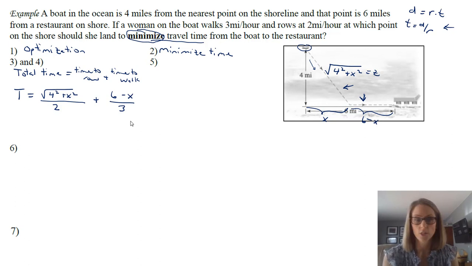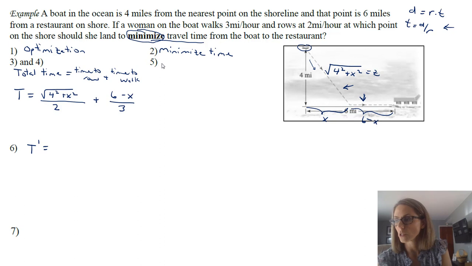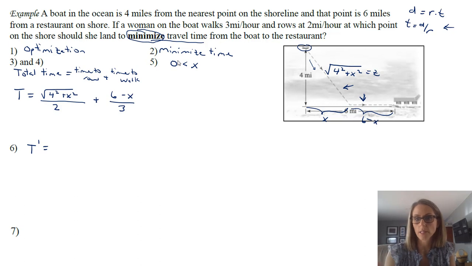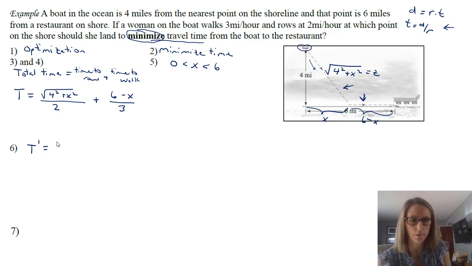At this point, we basically just need to take our derivative and see what happens. This one, I will tell you, is not going to be pretty, but we're going to get it, so don't worry. If we take the derivative, set it equal to 0, and then double check that we're maximizing or minimizing, we'll be set. Let me look at number 5 here, restrictions on the variable. Notice that x is some sort of distance, so it needs to be greater than 0, but it has to be less than 6, because that's the distance from where the boat would go perpendicular up to the restaurant. So just pay attention that we don't get something greater than 6 or negative.